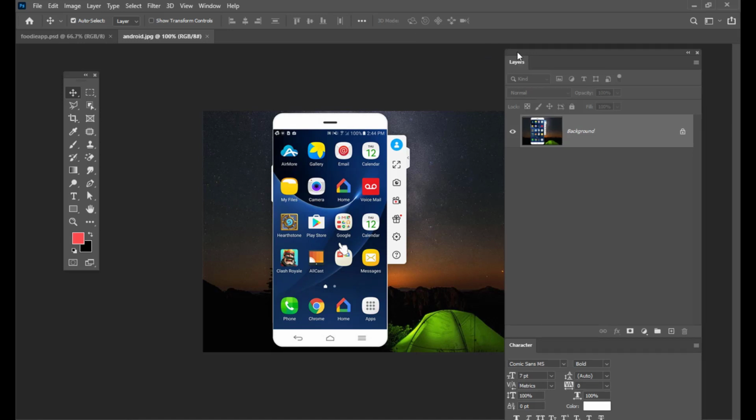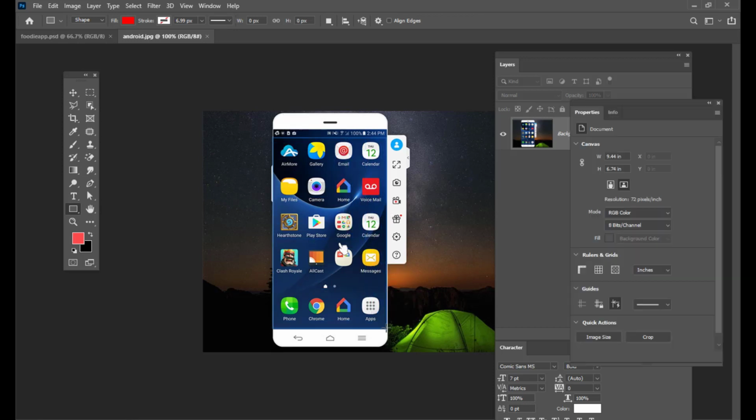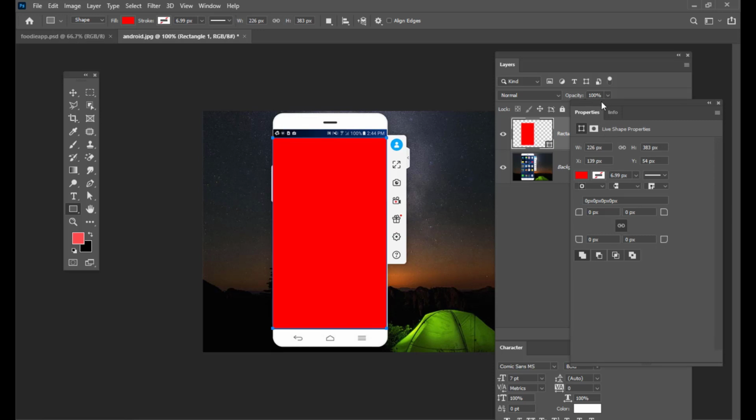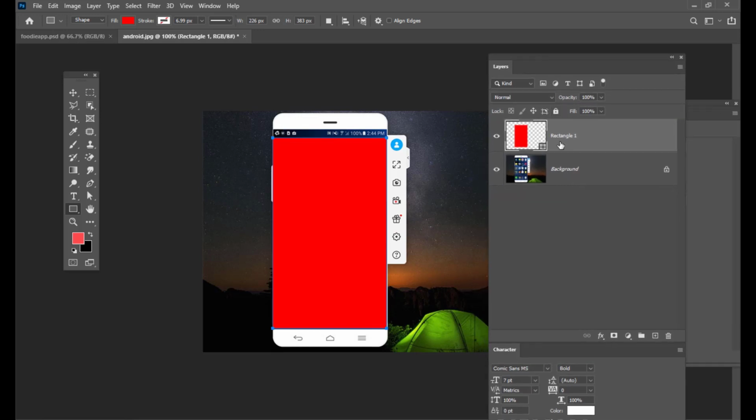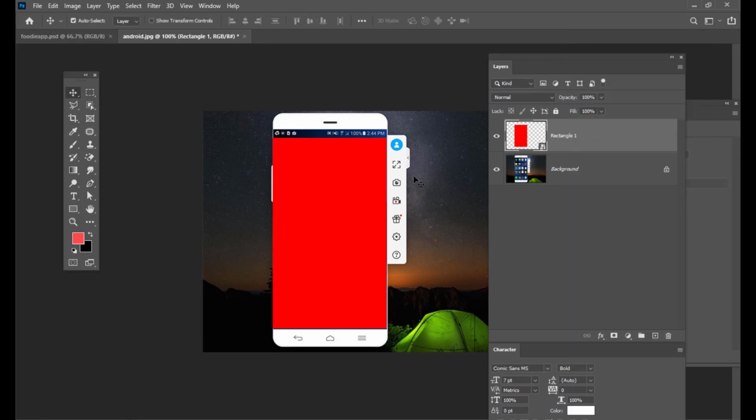Again I am going to create a rectangle and drag it, and the most important thing is to convert it into a smart object. Here we don't need perspective, but still try to adjust it properly. Make sure that it is exactly inside the mobile phone.